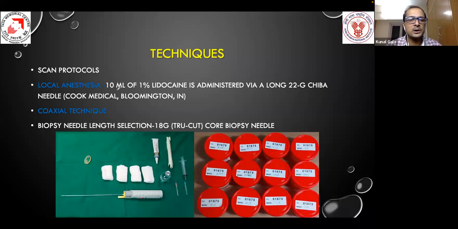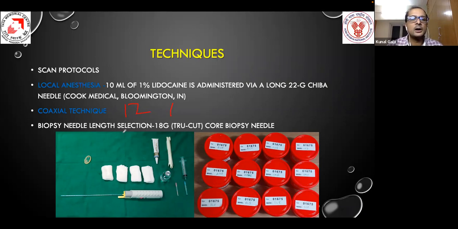We give generous local anesthesia so that the patient does not realize what is happening during the transrectal prostate biopsy. There is no coaxial technique while doing prostate biopsy, as we need to take at least 12 cores, 6 plus 6 on either